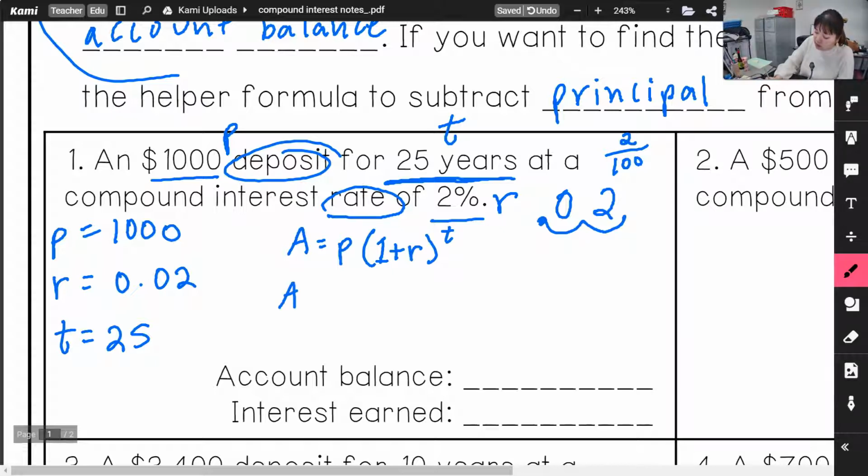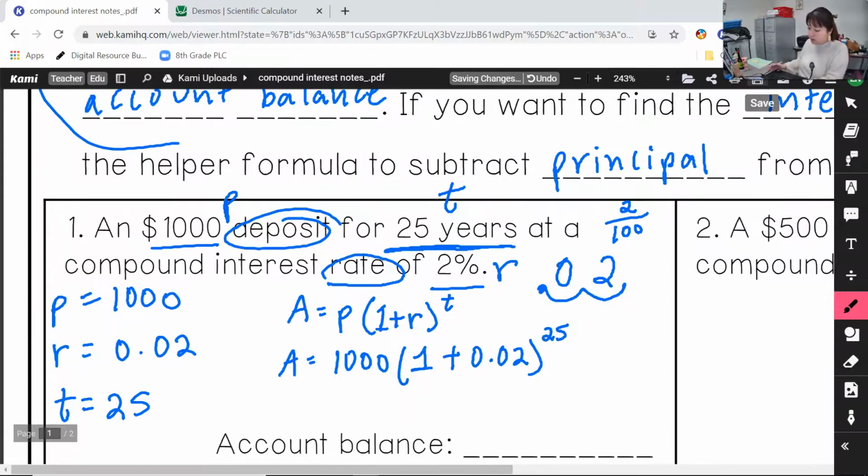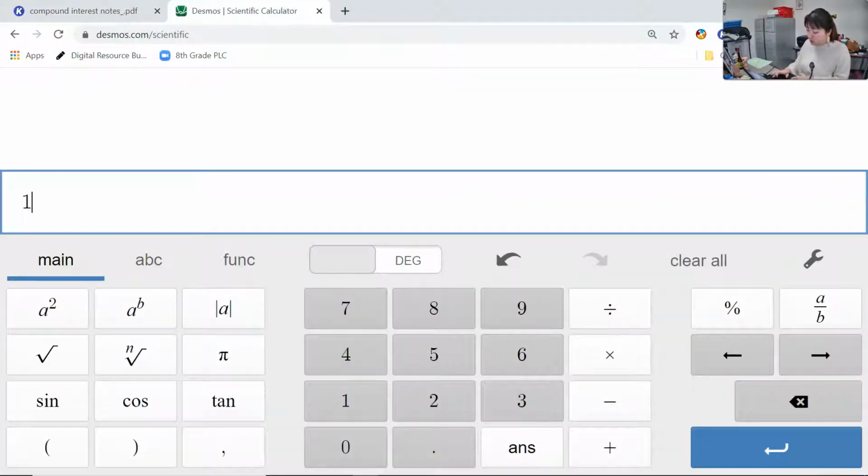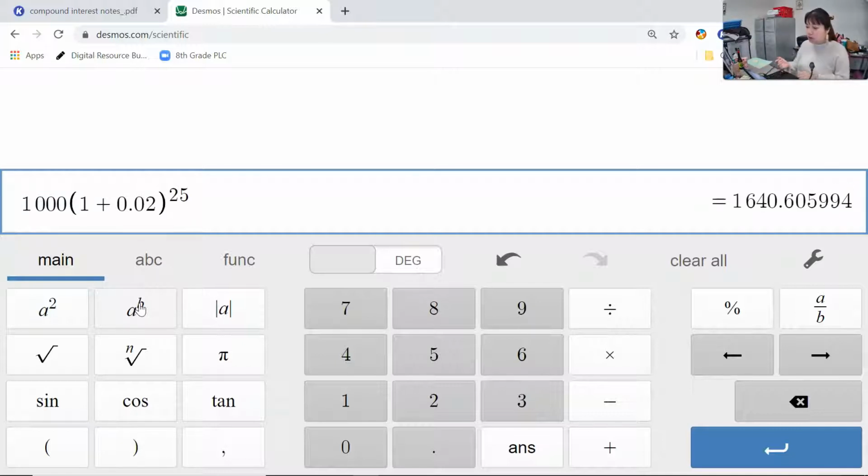So let's fill these in. P is 1,000, and we have the number 1. This is not an I, this is 1, plus the rate, which is 0.02, to the power of 25. So we can put this directly into Desmos. Okay, 1,000, parentheses, 1 plus 0.02, close the parentheses. This is an exponent, so we want to push this button right here, a to the power of b, this exponent, to be our time, which is 25 for 25 years. So we end up with